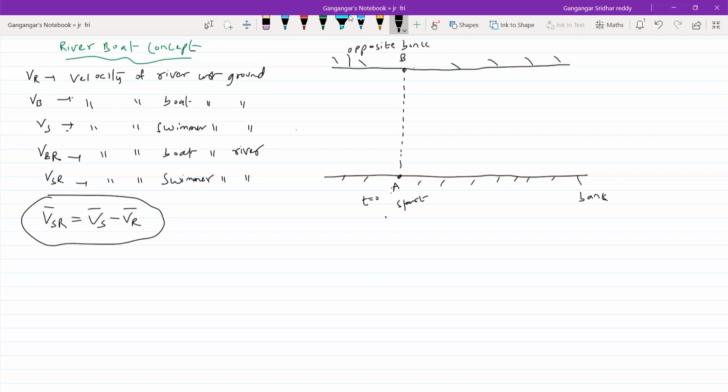Now how does the river flow? The river flow is like this, VR, the river current. The width of the river is W. These are the symbols we'll be using. Now velocity of swimmer with respect to river. He will swim